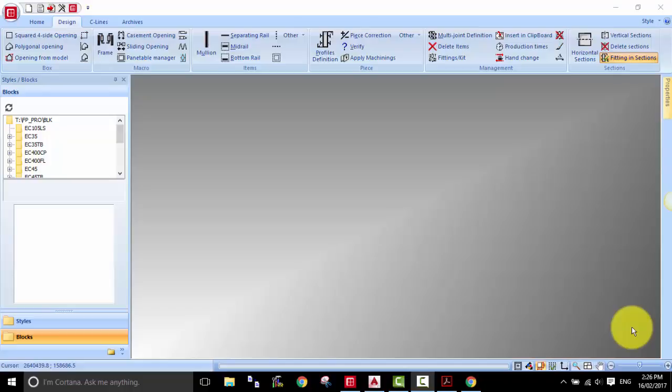Now the second method, that's where we're gonna utilize the styles and the blocks folder. So these ones over here, the styles and the blocks. We're gonna utilize these ones to help us speed up the process. So I'll go into more details about the difference between these two folders. Before we go into this, what I would like to show you first is in tutorial number 2, we went